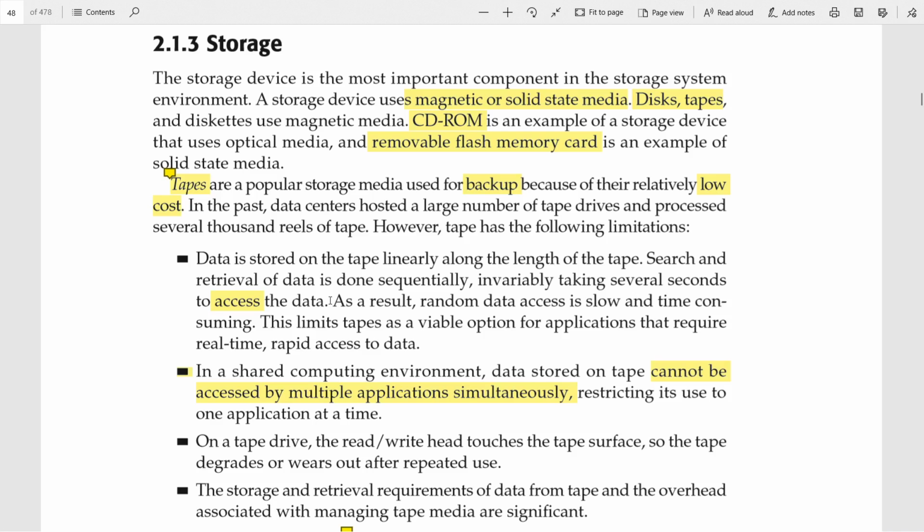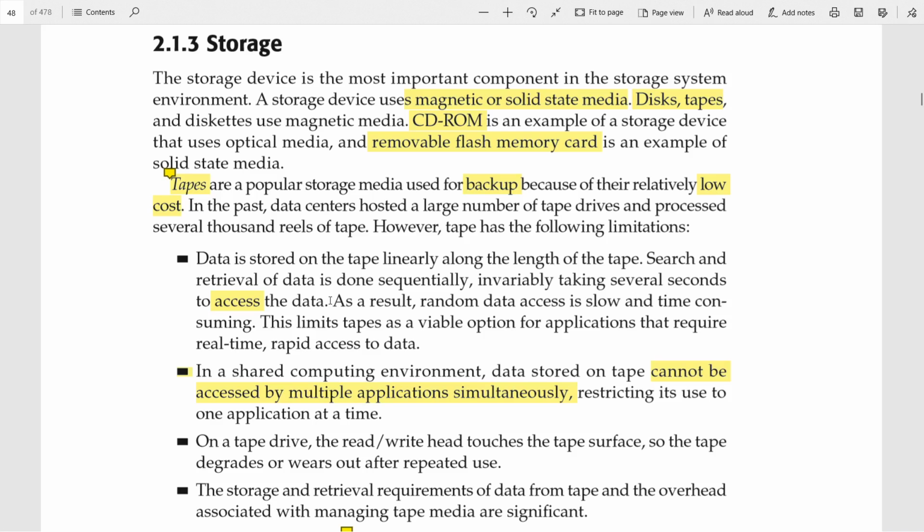If you want to access the fifth record, we have to travel from the first to the fifth. We cannot directly access the fifth record. Therefore it is time consuming, and it is not used for applications that require real time and rapid access to data. Frequent accessing of data is not allowed in tape.